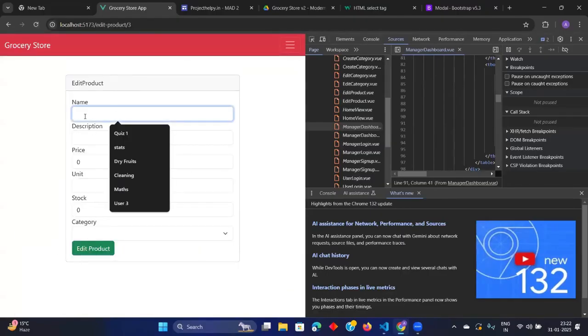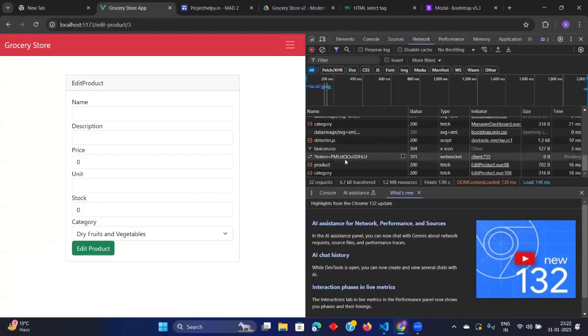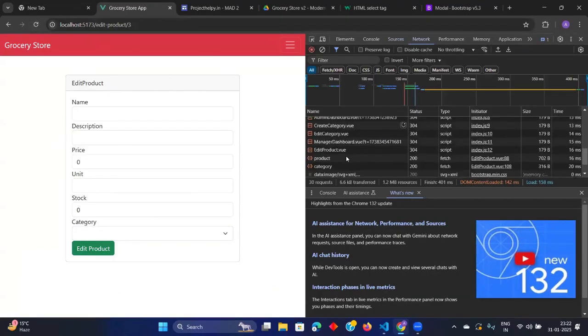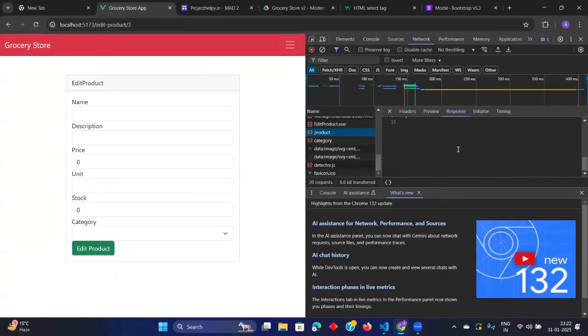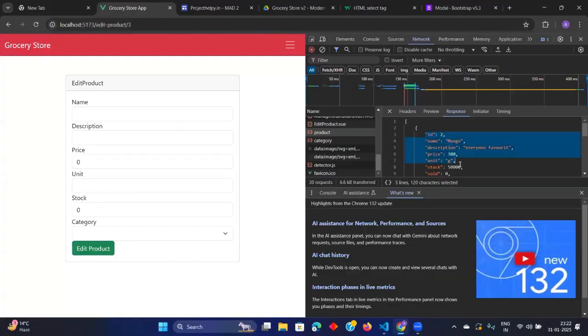Now you see in this edit page, I am getting something like here. But if I go to my network and refresh this, see, the edit page is getting all the details. It is getting all the products, even though it is not required for me to get all the products. I need to get only one product and its details I want to see here. I can do that as well. I will just find this specific product's details from what I am getting and then show it here before editing. Are you getting what I want to say?